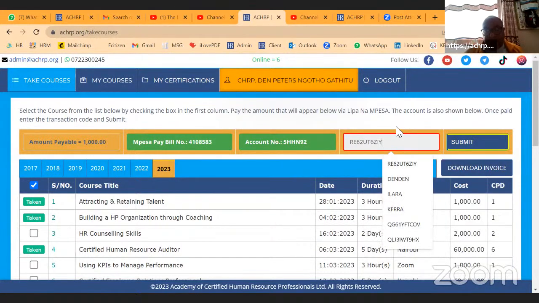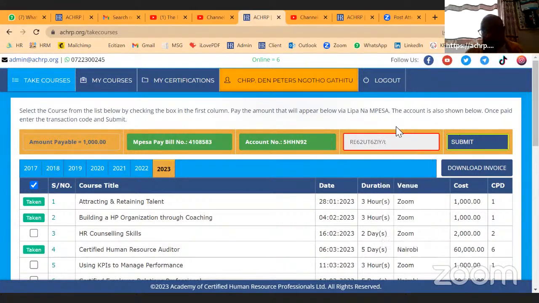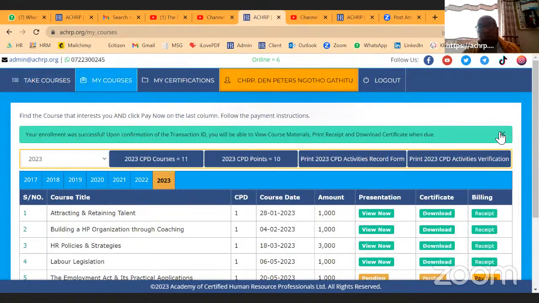We leave this here so that for those who've paid through bank, they're able to type that transaction code there. And once it has been typed there, you click submit. Now, for those who've enrolled, you might have found that